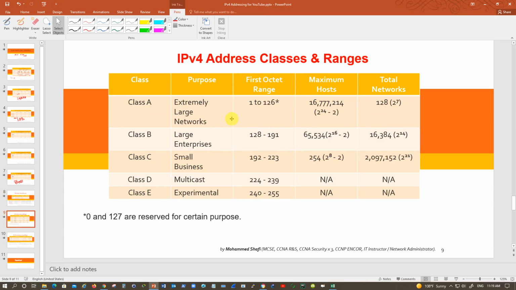As far as the range is concerned, I did not include 0 here because this is the valid range for class A networks. They are for extremely large networks. Unfortunately, you have just 126 class A networks, each one supporting more than 16 million computers in a single network. The addresses begin with 1 to 126. So for example, if I were to write down a class A network address, I would say 1.0.0.0/8,